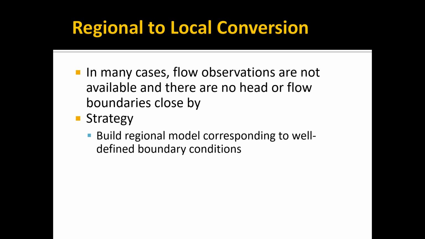And so one strategy is to extend your model out to be more of a regional model, extend it out to where you can get more or better defined boundary conditions. So if you think back to our initial case, there was a mountain range on the left and there was a river on the right. So theoretically, you could go all the way out to the mountain range, and all the way to the right to the river,